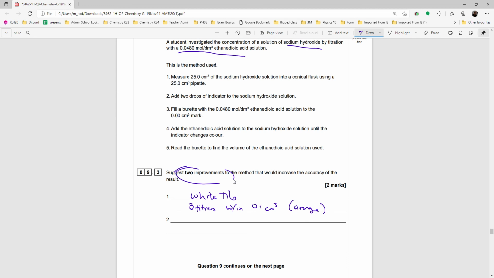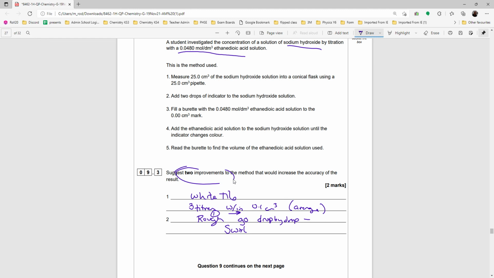Also, you might want to, near the end, after doing a rough, go drop by drop, but only when you reach near where the rough was. So first do a rough, then you do your later ones, going drop by drop near where you think it's going to be. You can't just do drop by drop, you'll be there all day. And also you're going to need to swirl that as the indicator changes